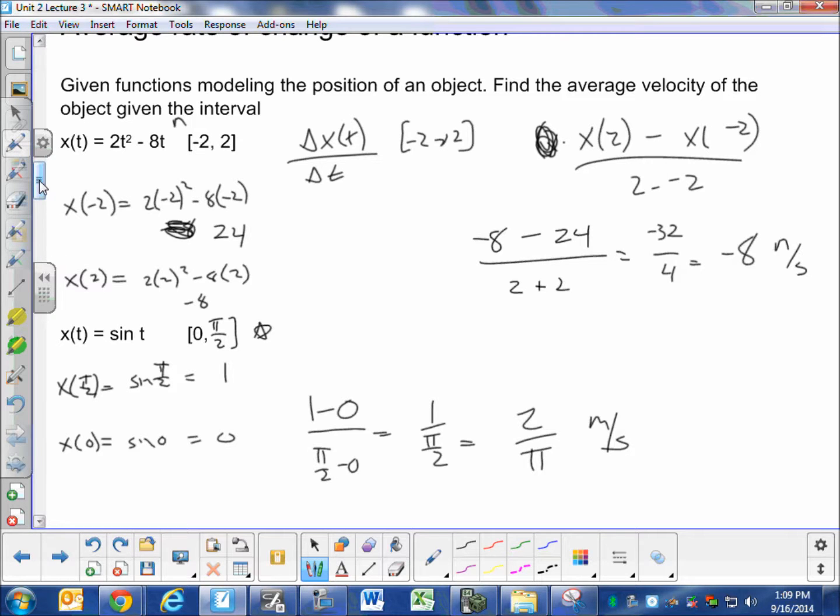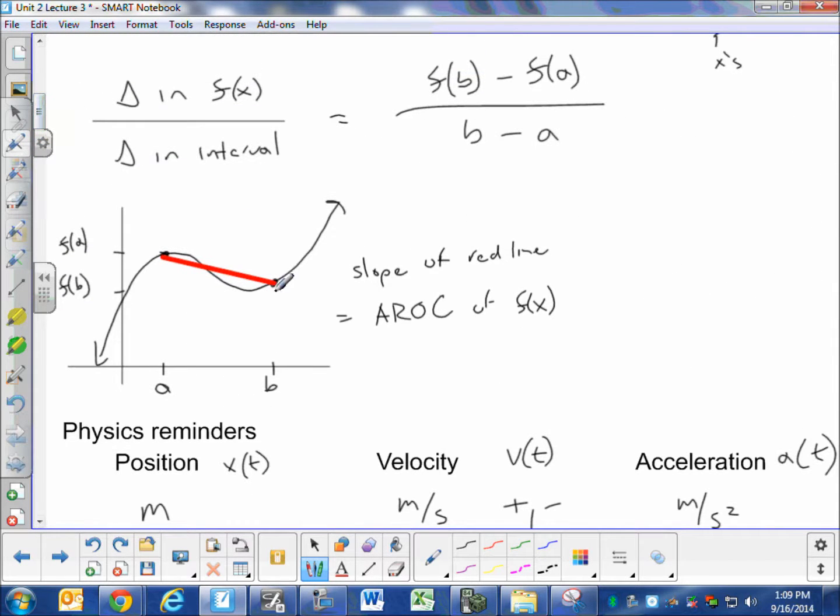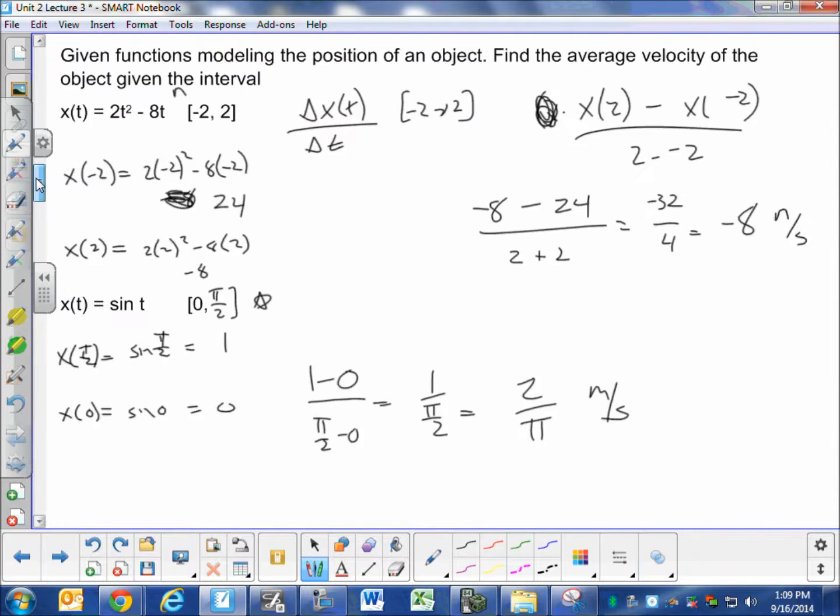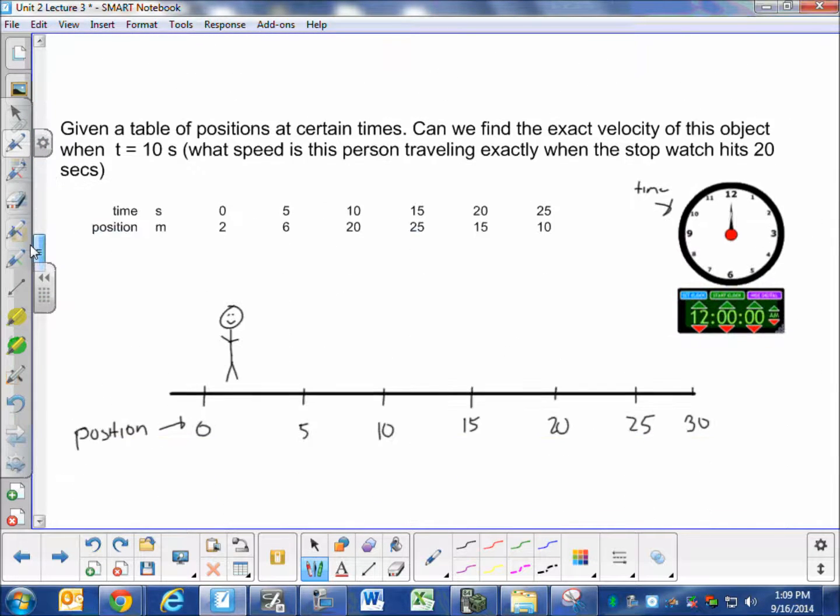Okay, 2 over pi. Good. Average rate of change of a function is just finding the slope between 2 points of the function. That would be the average rate of change. Okay. Now,